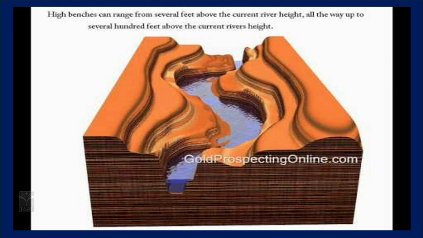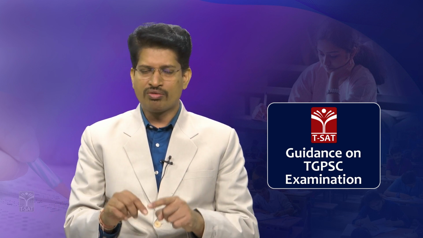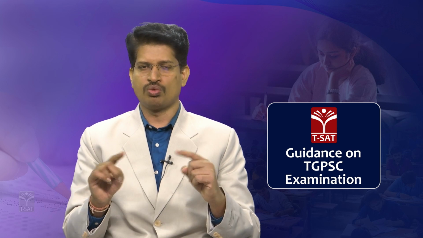So, in this process, because of the variation of seasons and different factors and the amount of precipitation, the volume of water in the river valley will not be constant. Because of this, the water level in the river rises and falls. In this process, the extent of lateral cutting of the river varies when the volume of water is less and when the volume of water is more.